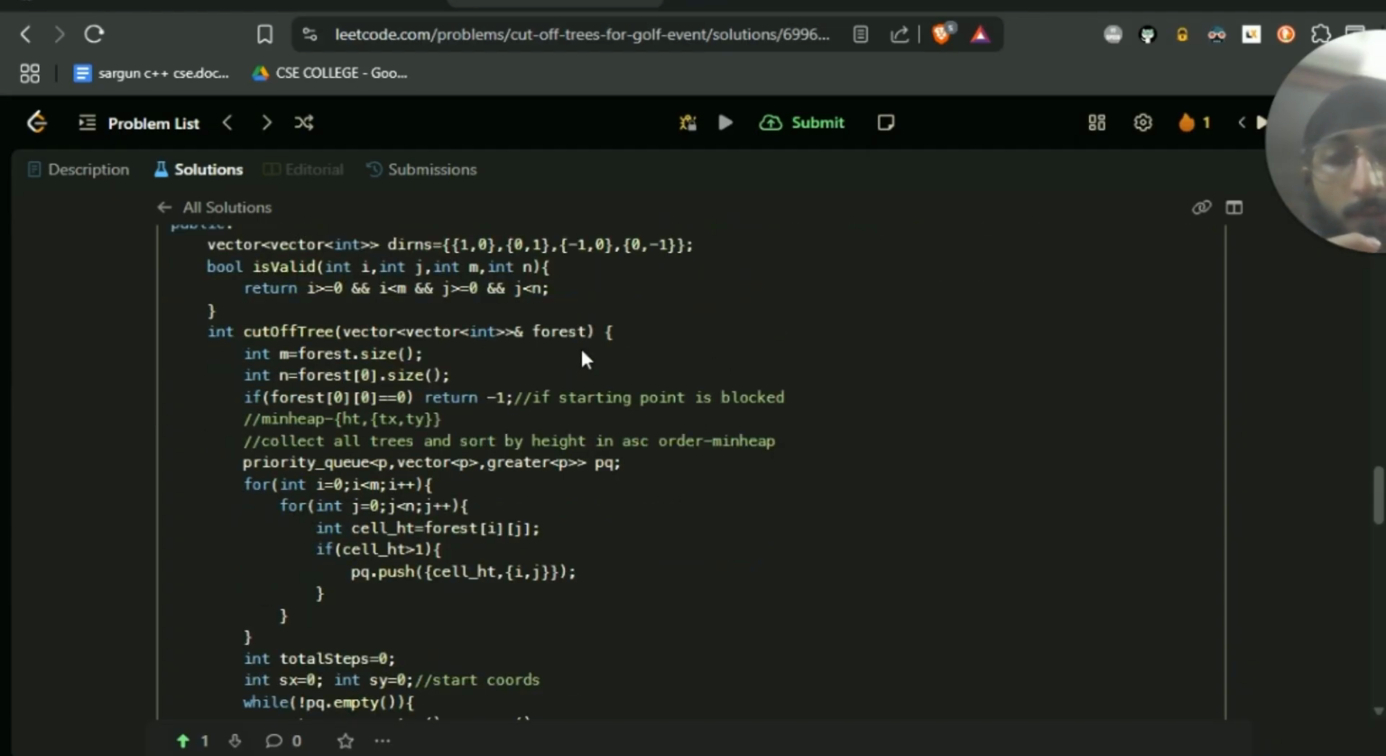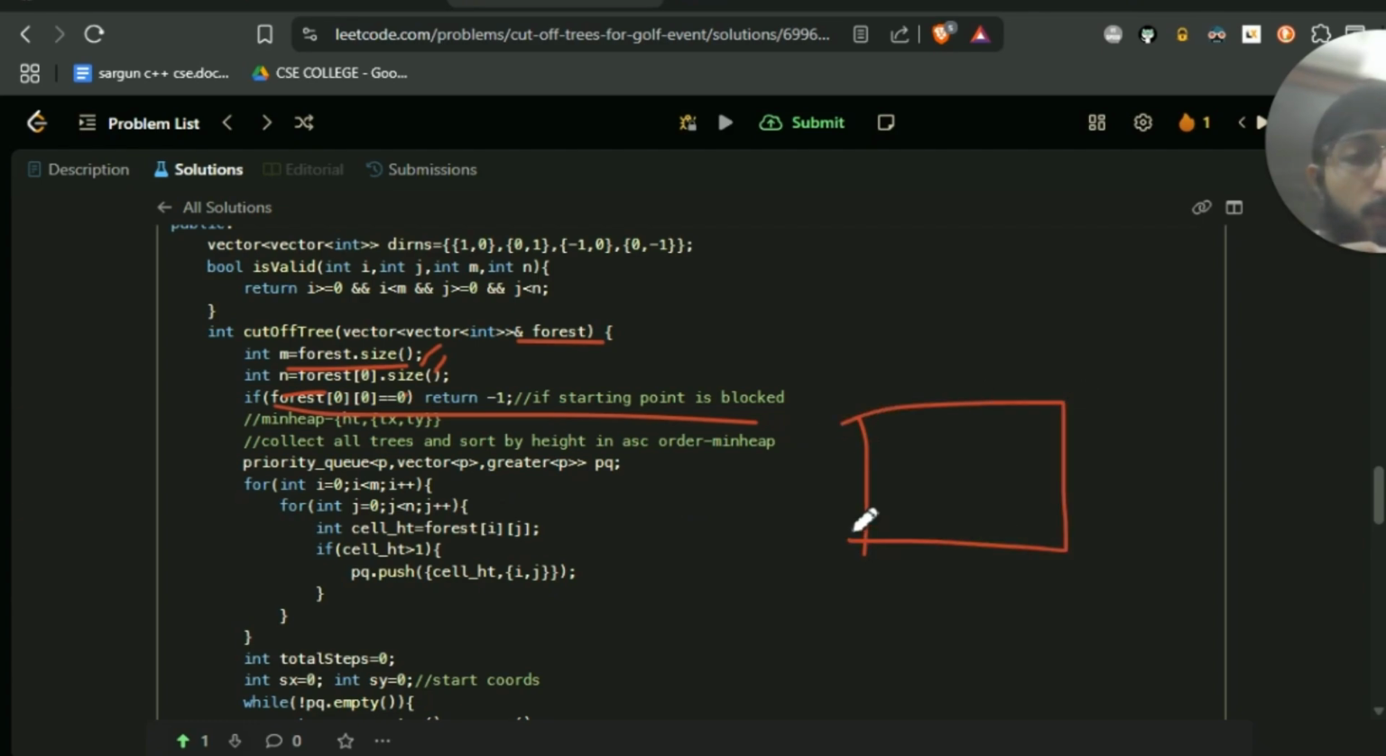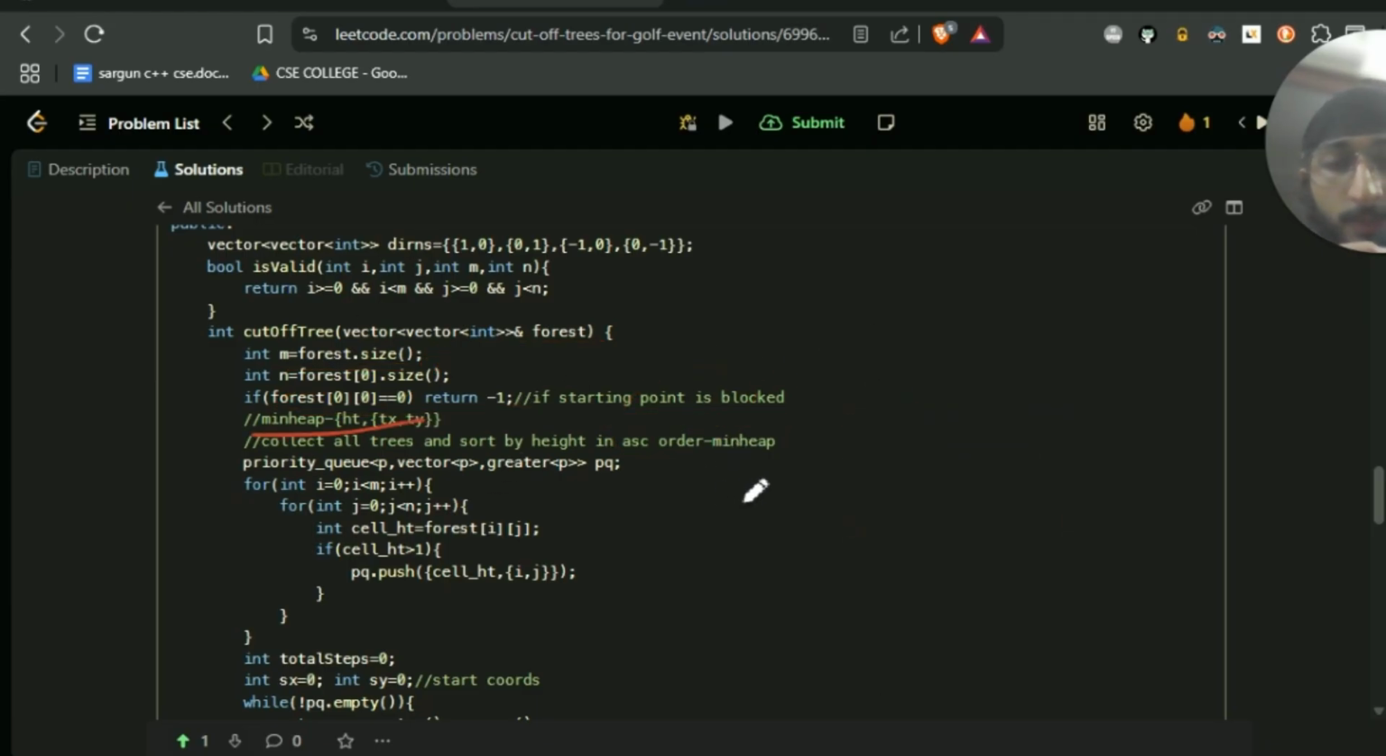Now cutOffTree is our main function. So it takes the forest or the matrix, or basically we can call it the grid, as our input. So m is equal to forest dot size, which is the number of rows, and n is the number of columns. And as I told you in the first example itself, if forest of 0, 0, that is the starting cell that we are taking, itself is 0, that means this cell is blocked. So we return -1 because the starting point is blocked itself. Now we'll be using a minimum heap, which is storing height and the x and y coordinates of that particular cell,